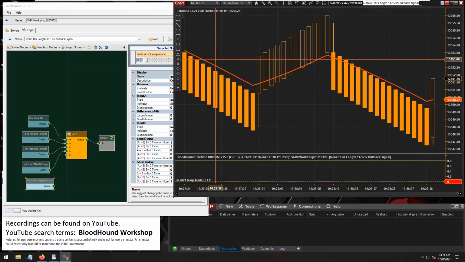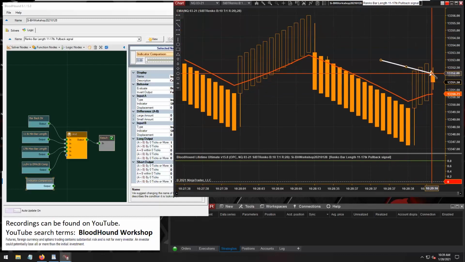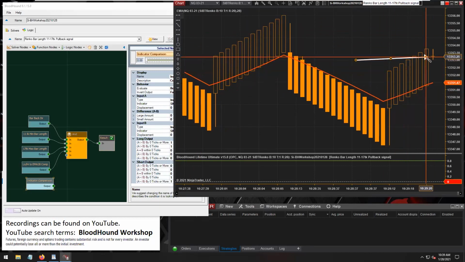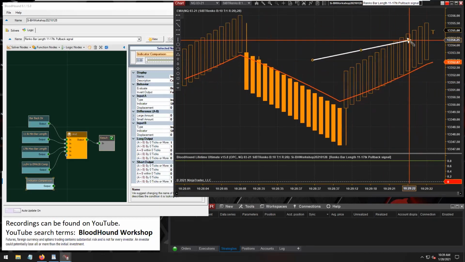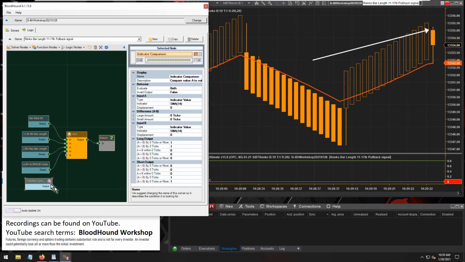Because this is a backtestable Renko bar, let me grab an arrow. Yeah, we can see that the open, well, all right, hopefully price will slow down a little bit. Come on, slow down. Yeah, we can see the open is actually right there. So this would not work with the backtest Renko because the open is right there. To do that, just to show you guys how to do that,